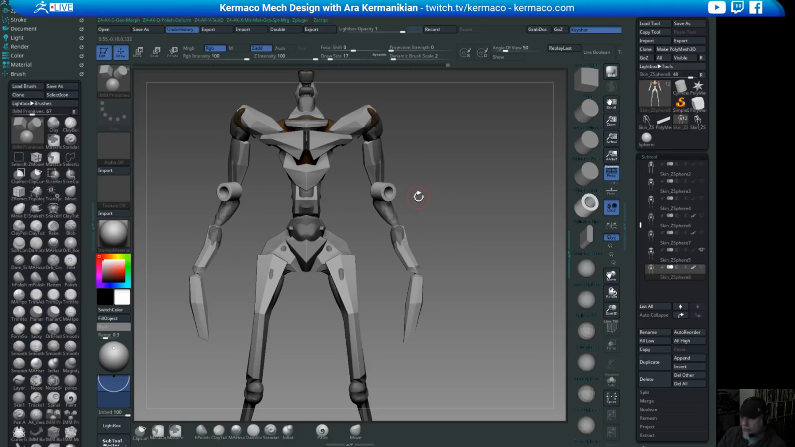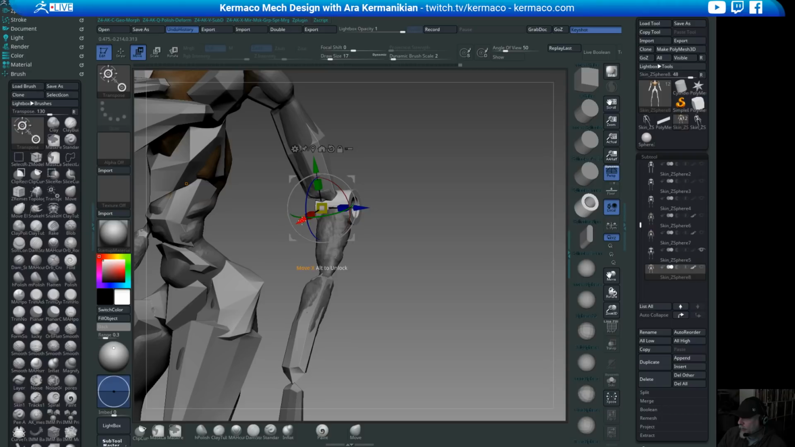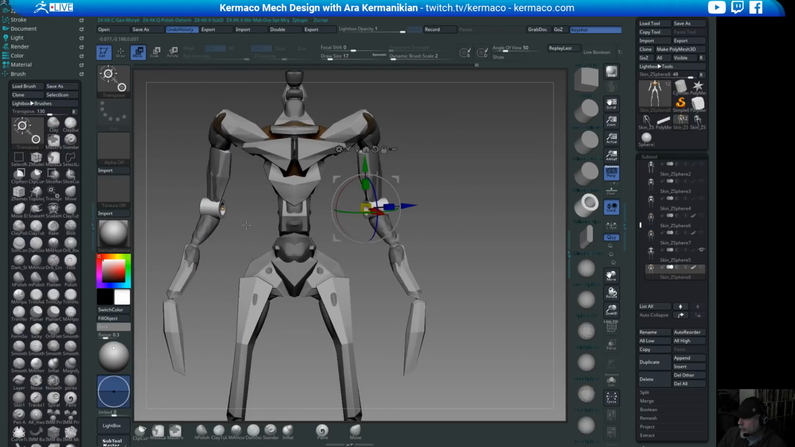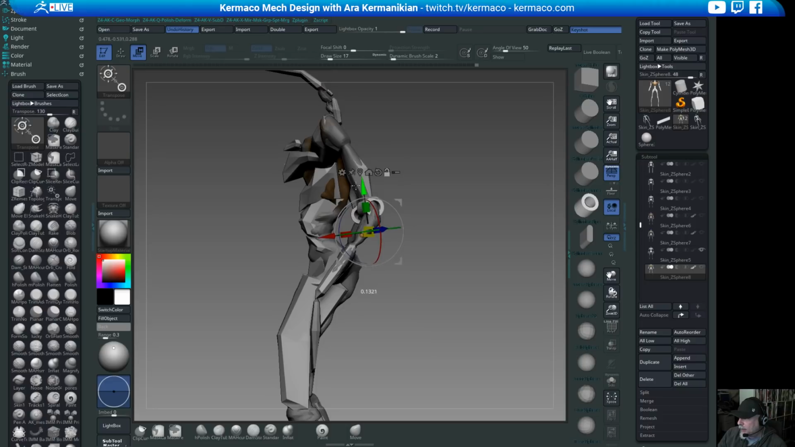All right, and then just go ahead and place it in where it needs to go. And again, these are just placeholders. I will probably either replace these with kit bash parts or modify them and make them a little bit different. Okay, so there's one hinge joint, and then I'm going to duplicate that one